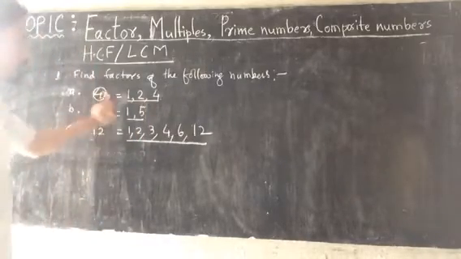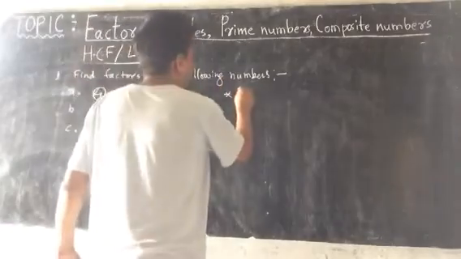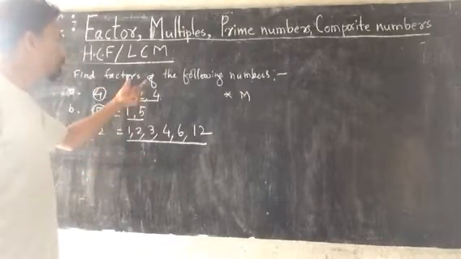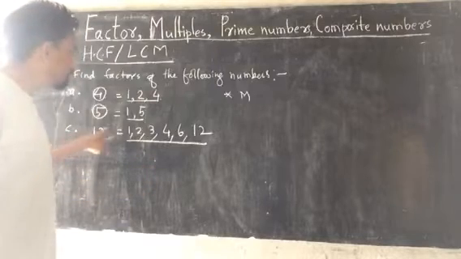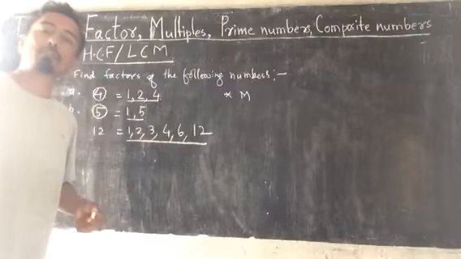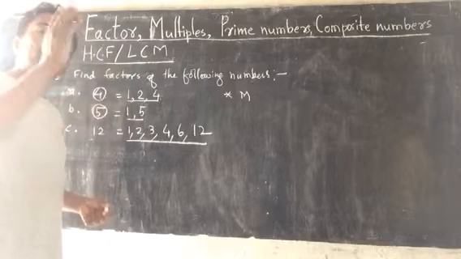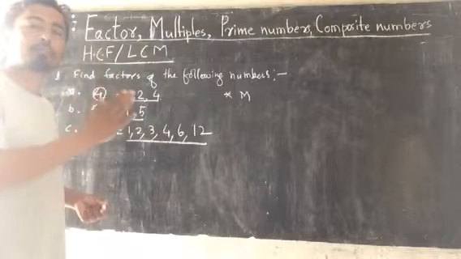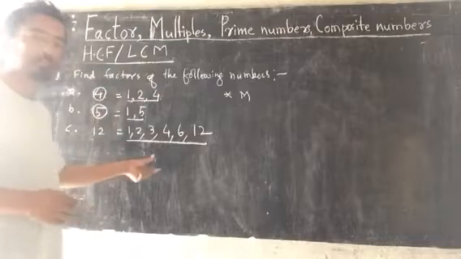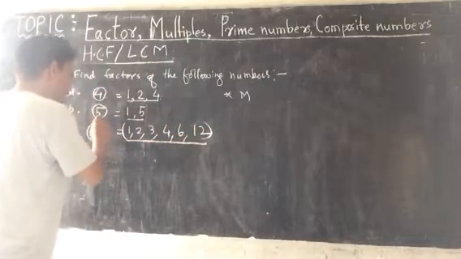But here I will show you how to find the multiples of any number. Multiples I will also teach you, but the process of finding factors has some method: how to find all the factors of any number, and how to find the prime factors of any number. A number may have many factors, and among all the factors, the prime factors can be separated. In the next topic we will learn how to find the prime factors of a number, as well as how to find the whole set of factors of any particular number.